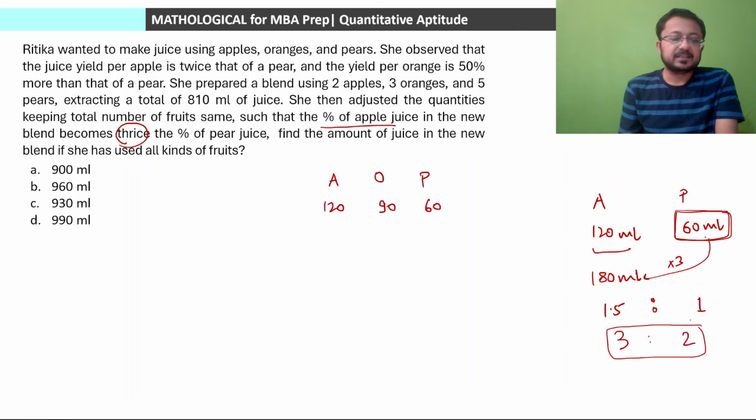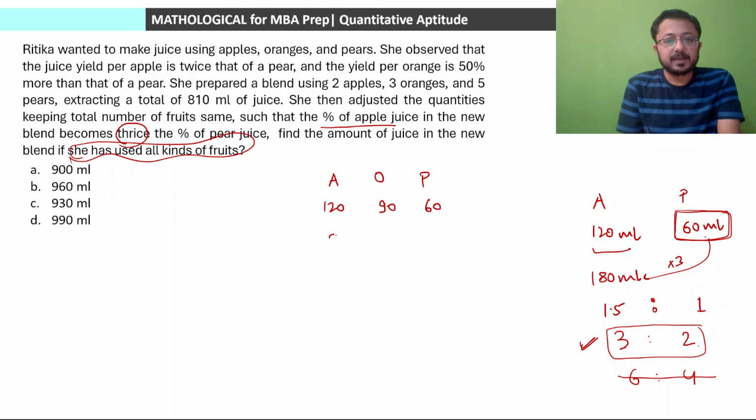There must be 1.5 apples, यानी कि ratio of apple and pear will be 1.5:1, और that will be 3:2. तो ऐसे भी देख सकते थे. ठीक है, ऐसे भी देखा जा सकता है. But we know for sure कि अगर हम 3:2 ले रहे हैं, तो either there will be 3 apples and 2 pears, or there can be 6 apples and 4 pears. But by the same logic that she had used all kind of fruits, so she cannot take 6 apples and 4 pears, because then she will not be able to take oranges. So this case will be rejected. Only this case will be selected.